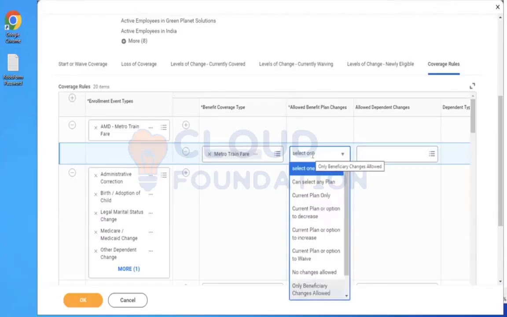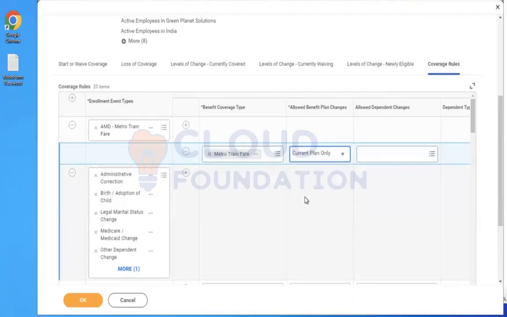Here we have options like employee can select multiple plans under one coverage, employee can choose only one plan, no changes are allowed and only the current plan needs to be selected, current plan should not be removed, only dependent data changes should happen. Something like that, we have some controls. As I mentioned, in one session I will explain in detail. Since we are doing basic testing, let me select only current plan, or you can select any plan, either option.